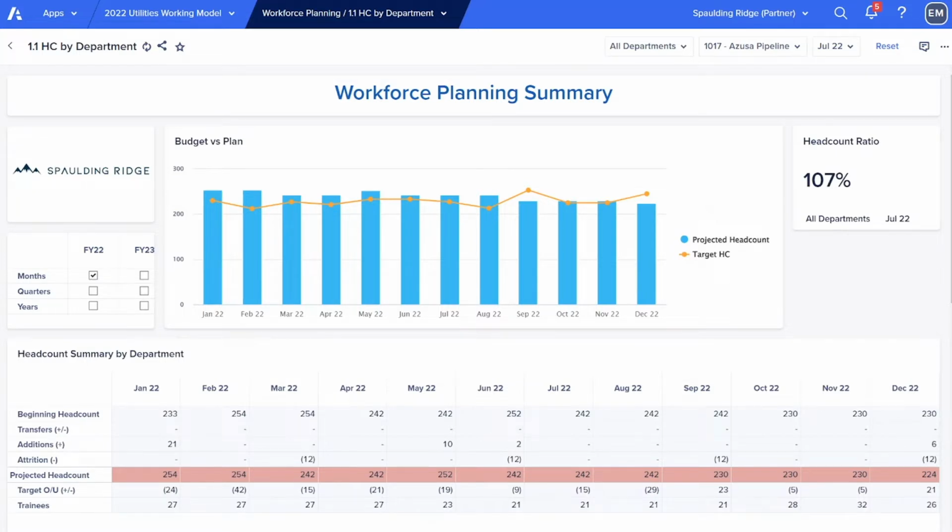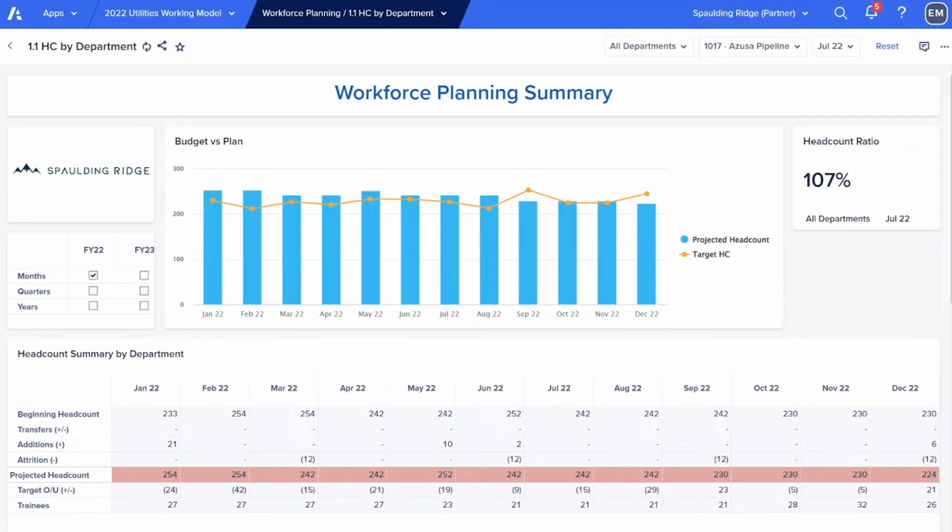Today I want to walk you through a strategic workforce planning demonstration utilizing the Anaplan platform. This is going to be a demonstration to show how silos can be broken down amongst departments within an organization, departments like finance and HR and department leaders, and then how those groups of people can make decisions based on projections of a company's future as opposed to just the current state of the business.